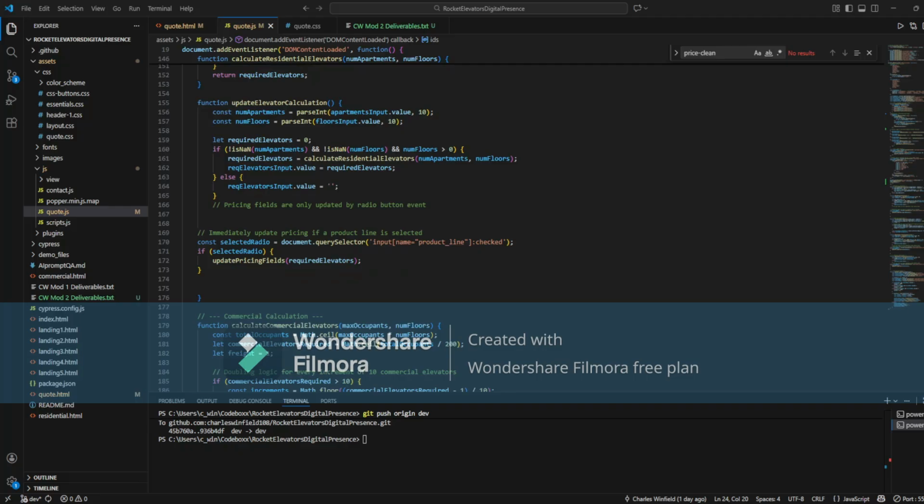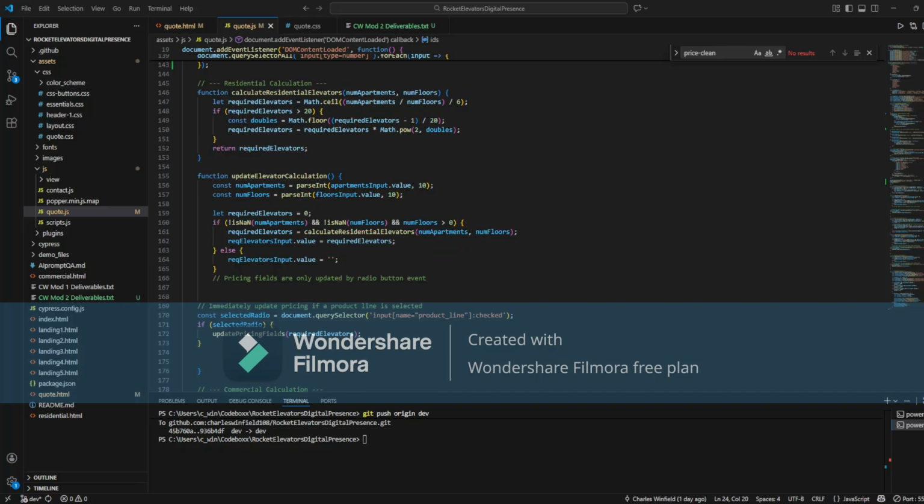This is another program here. It's an if statement that says if those numbers are numbers and they're greater than zero, then run the calculate elevators function with these two parameters. And that's this function up here. So after the numbers are put in, it goes through that series of checks. If it's good, then it's going to return